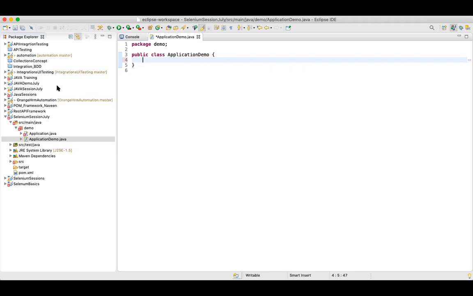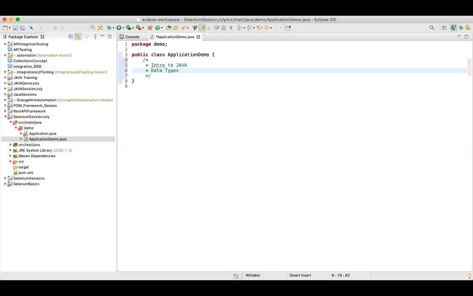Now I'll just show you that. For Selenium purposes, there are a few Java concepts which we need to learn before we start with Selenium. For example, the first thing is your very basic introduction to Java, and then we have data types.